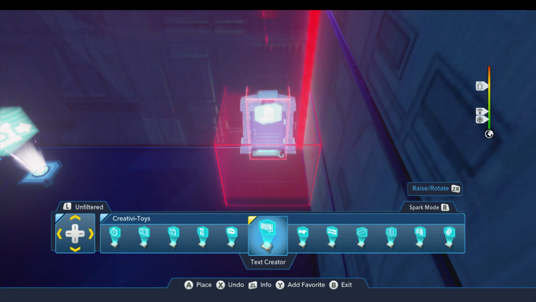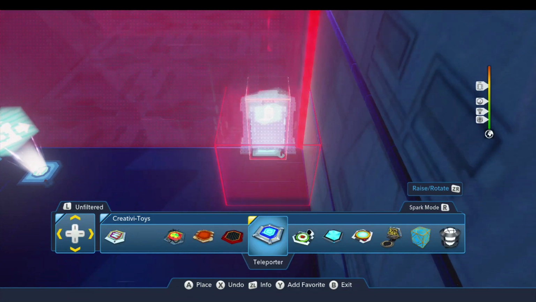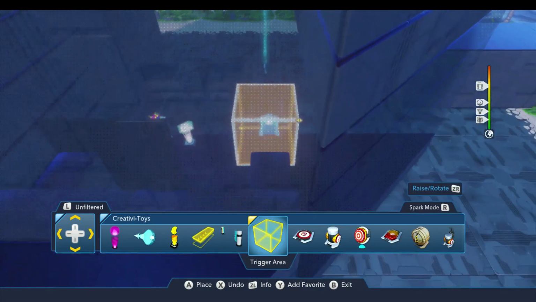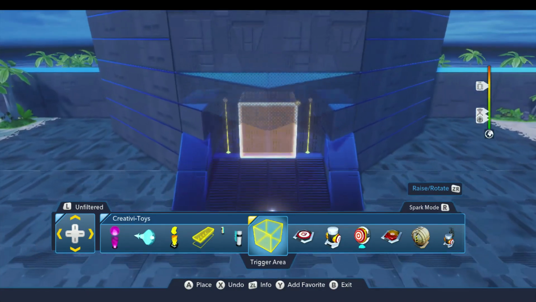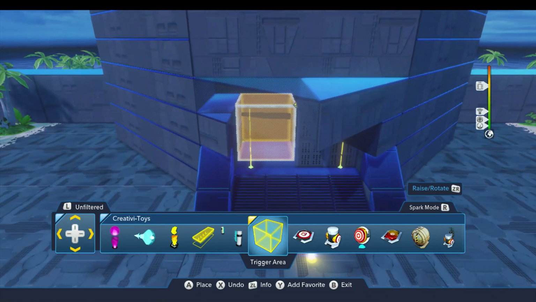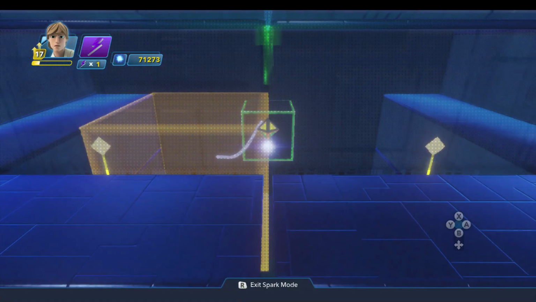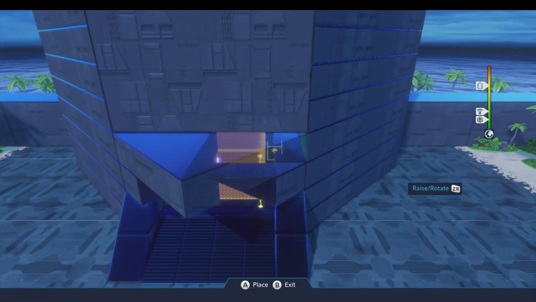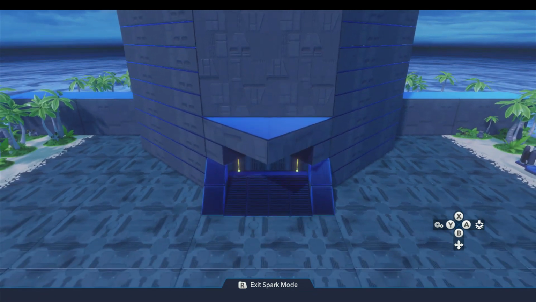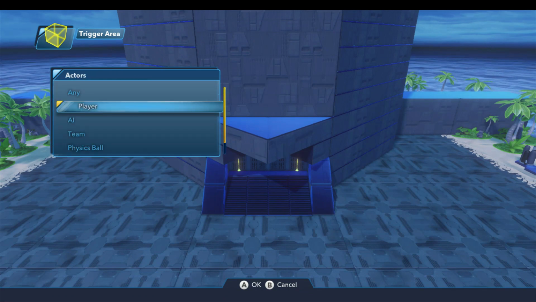So I'll come back up here to the Creativitoys drawer and select the trigger area. And we're going to put this just inside the door here. So about right there. And we'll put this all the way against that wall, and then come up here and move this over. There we go. And so when the user enters this trigger area, so new logic connection when entered by player,